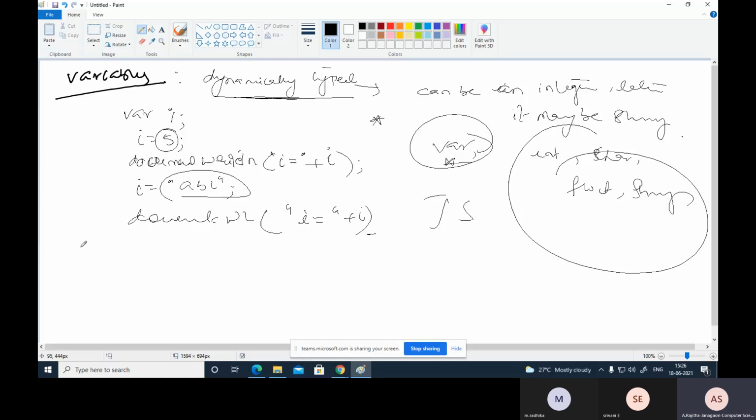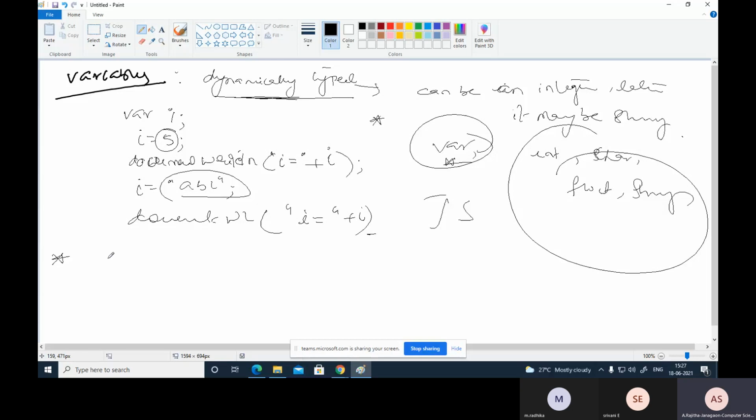After that, I am giving the assignment. Assignment can happen at declaration time. That means assignment happens at declaration time by appending the value to the declaration, or it can happen at runtime also, with a simple right to left assignment.